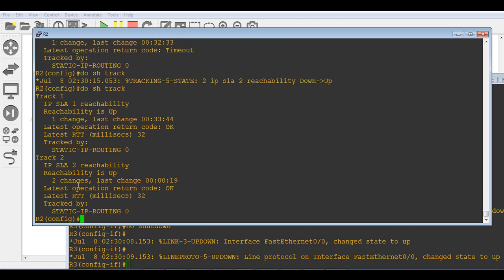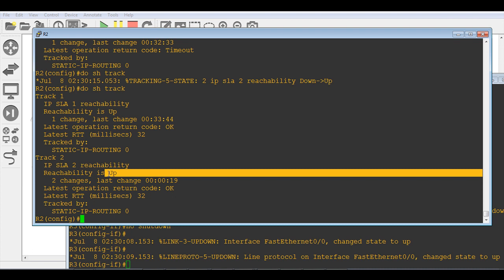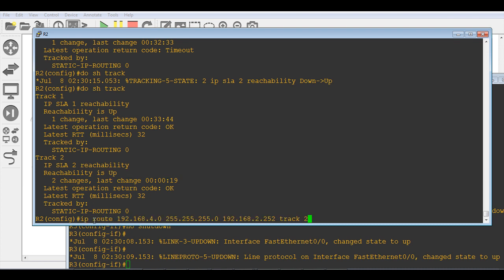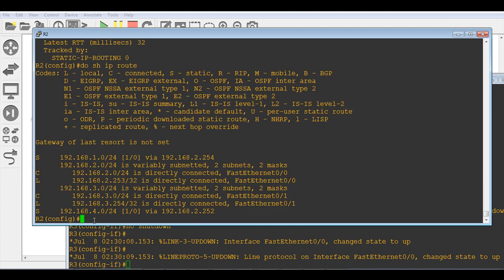We see that the track object is up. If you issue the command now show ip route, we see that the traffic is using the main route with the administrative distance of